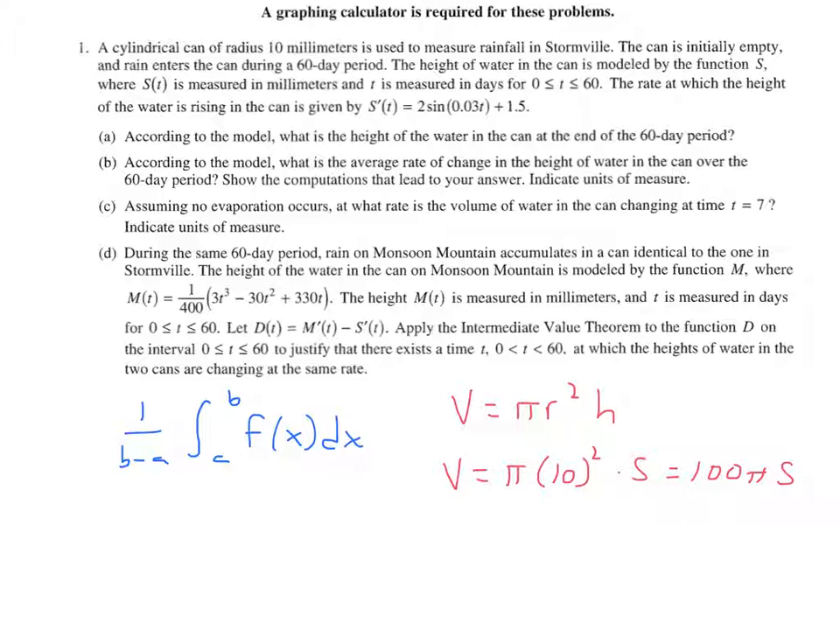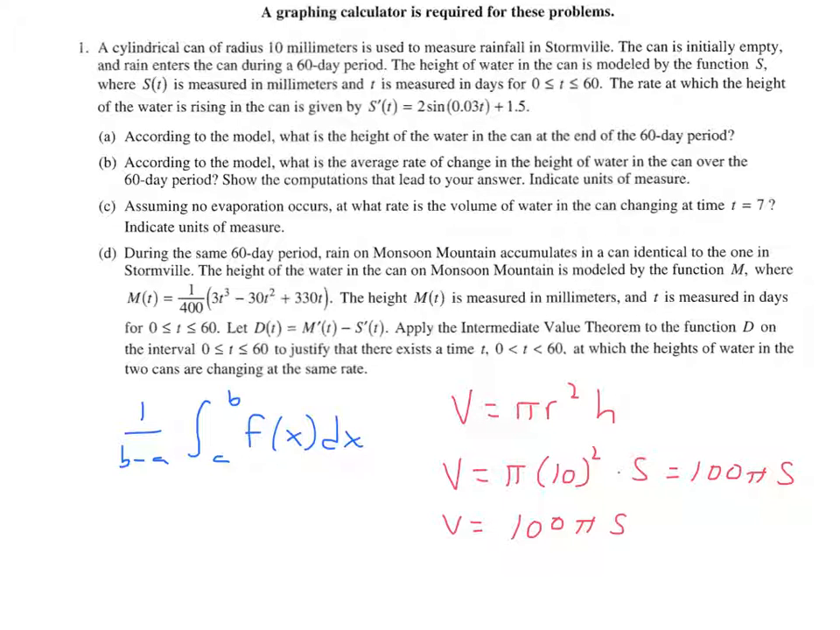So when you take the derivative with respect to time, you can then go through and calculate how the volume is going to be changing. So just take this, V equals 100 pi times S, and calculate, it's basically a related rate. Take the derivative with respect to time, plug 7 in, and you can get your answer there. During the same period,